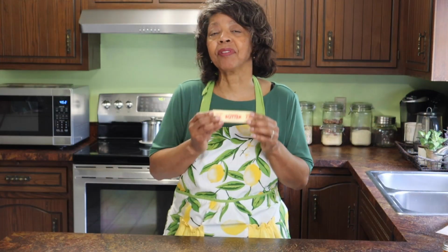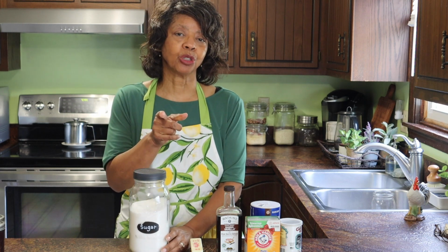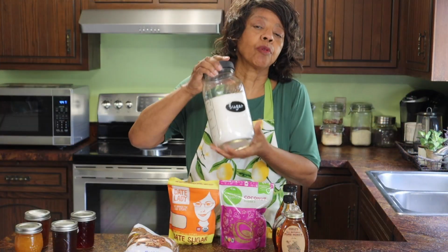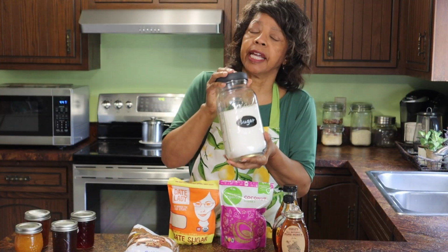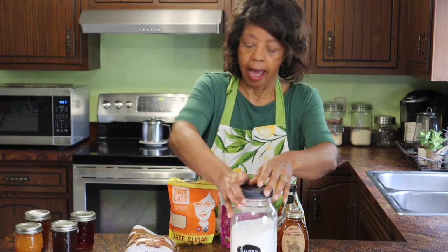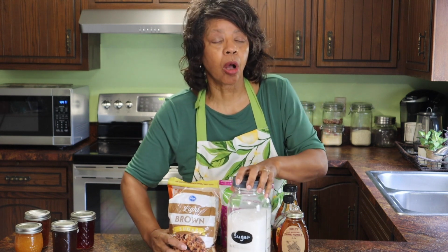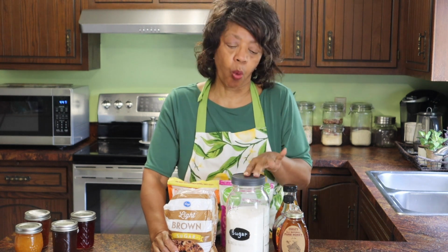So butter is definitely important when it comes to baking. And then of course you're going to need some sugar as a sweetener. Now let's talk about sweeteners as a whole. Now when we're talking must-haves, we're talking plain old white sugar, which is used to sweeten most things. And then next up is going to be brown sugar, because brown sugar also is a sweetener, but you use it differently. However, you can make your own brown sugar from white sugar by adding a little